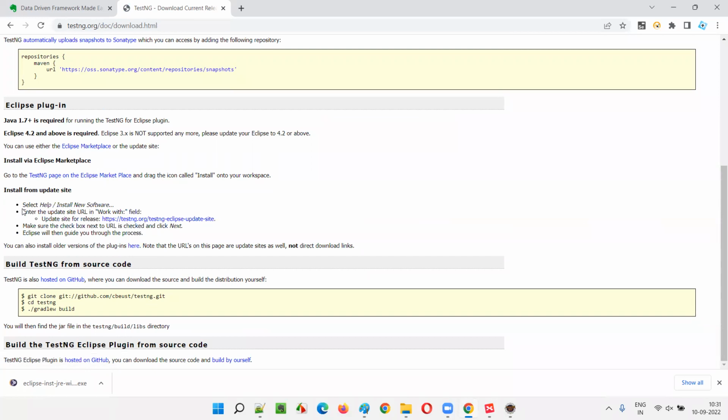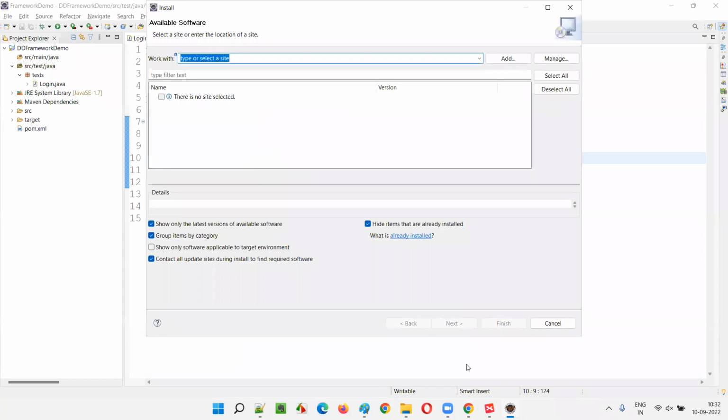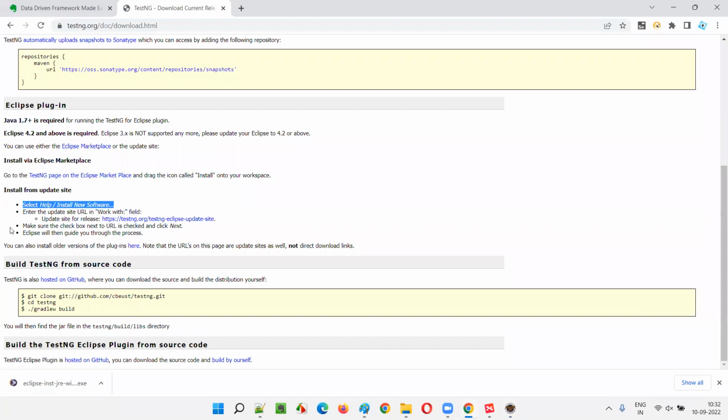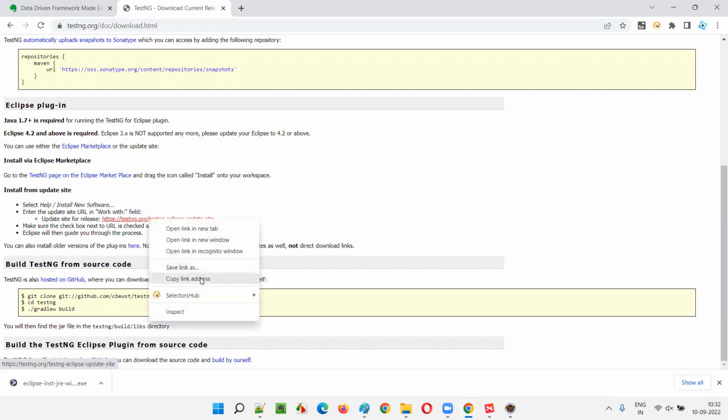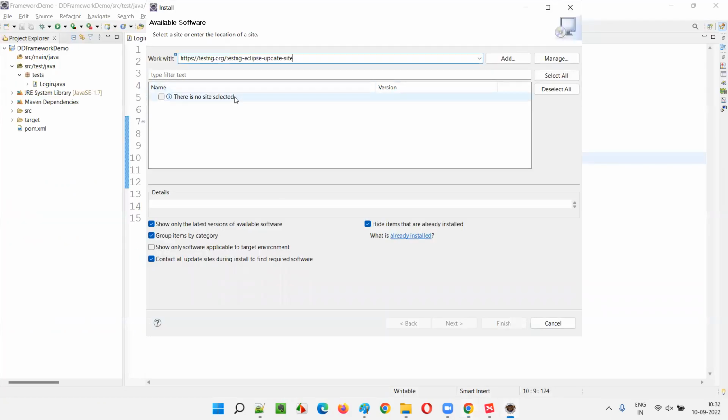In the Eclipse IDE, you have to select Help, Install New Software. Let's do that. Okay, install new software. And after that, what is the next step? Here, enter the update site URL in the work with field. Copy this update site URL, go back to Eclipse IDE, paste it in work with, and